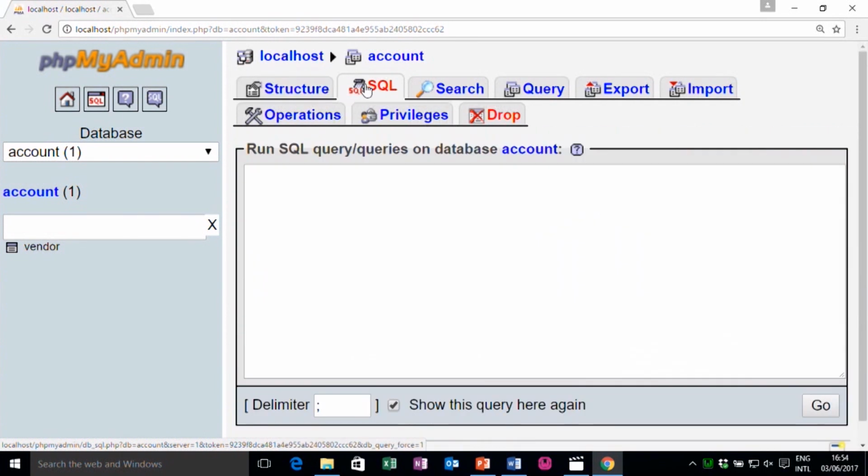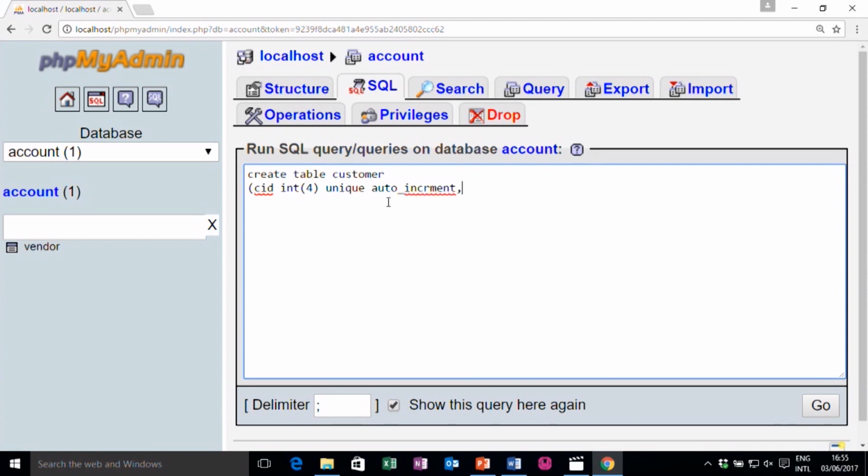So, I write the syntax in SQL. Let me write CREATE TABLE, let us say for example, customer, with attribute customer ID, int, and it should be unique, and it should be auto increment.